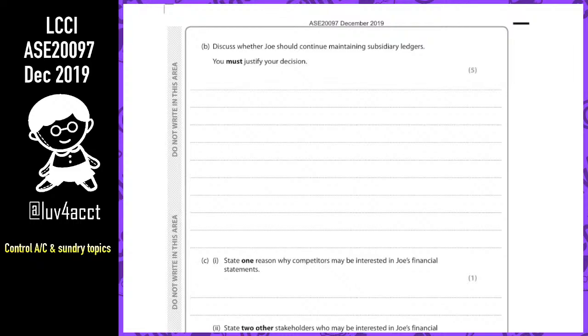So the subsidiary ledgers are the individual accounts of these suppliers, or in case of customers, then they are customers, trade receivables. So should you continue? First of all, the preparation of these subsidiary ledgers will help you identify the exact amount that you owe to each